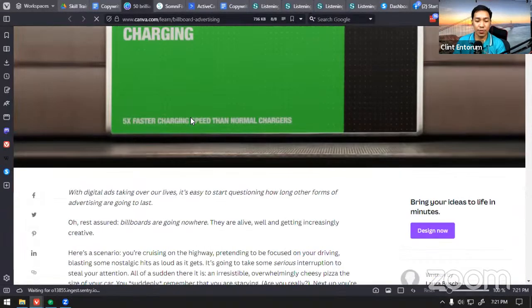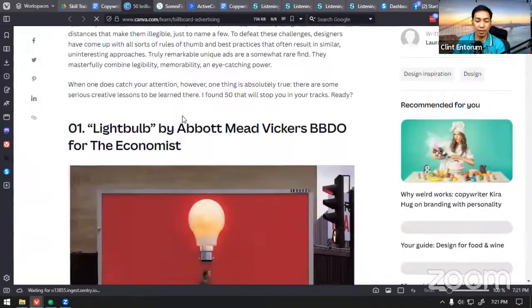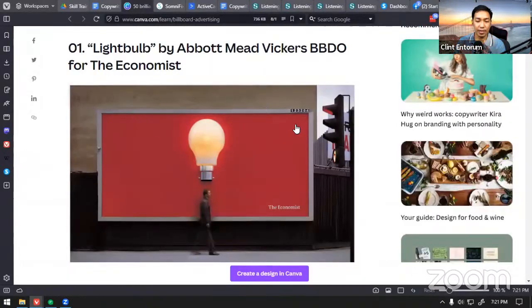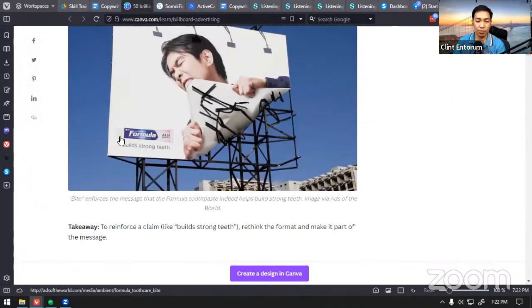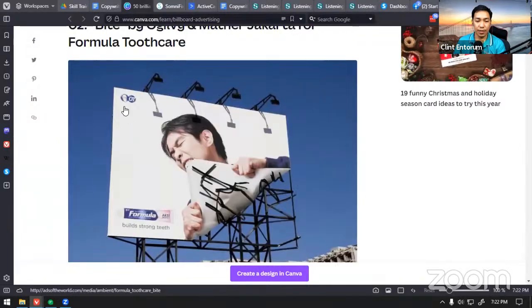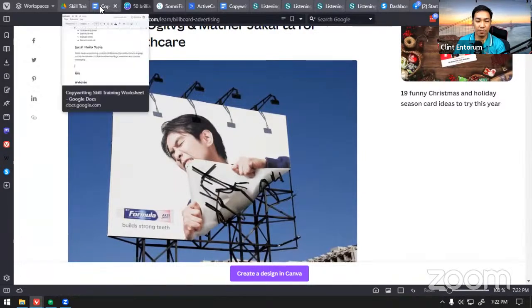And some billboards actually are clever. They apply cleverness and curiosity on that. And yeah, it conveys a message that is going to convince people to take action. Like for example, this one, it's actually more on visual, but it's always backed up with simple text. Yan po yung goal ng copywriter, just to find the best words that are actually going to convince people to really remember the message of what's being advertised.